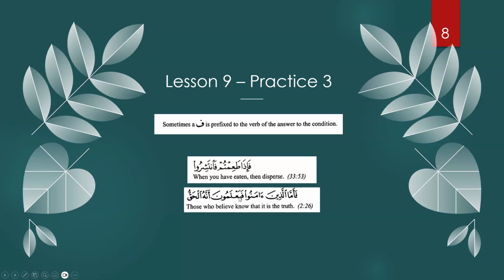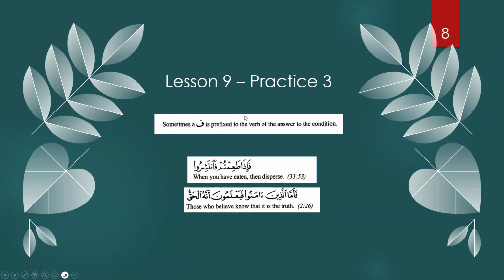Okay. So over here we see that in the Jawab al-Shart, in the written text, the يعملون has a fatha on it. It's not, in fact, majzoom. So remember I told you there's a whole bahas of what does the fa do when the fa comes on, when is it wajib, when is it jaiz, and so on. There's an extensive bahas on the fa, where is it compulsory for it to come, where is it recommended for it to come, what happens when it comes. It has some effects that it causes. So understand that there's a lot more going on with the fa than this lesson is telling us.